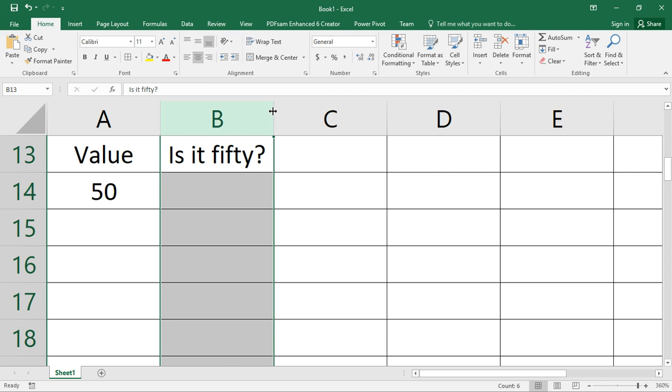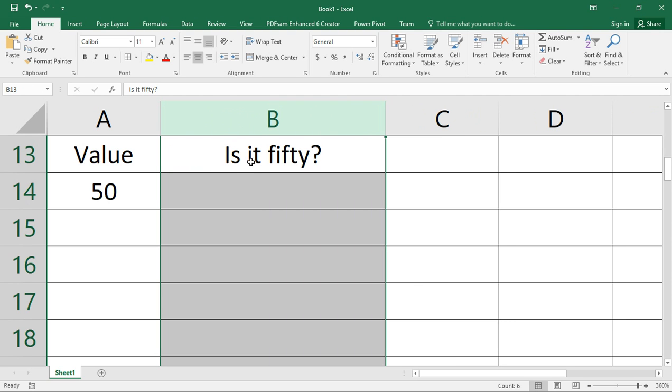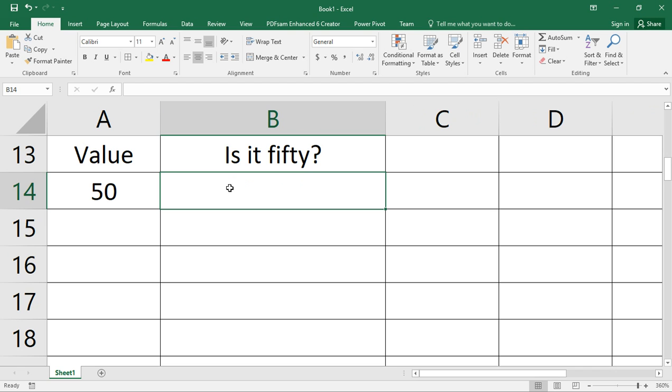So now, how do you know that you need to use the if function? You listen to the customer as he or she describes the problem or the requirements. The client says, I want to see it is 50 if, listen to that. The moment they say if, it means there is a condition or a logical test, and the logical test is either true or false. Therefore, we are now going to use an if function.